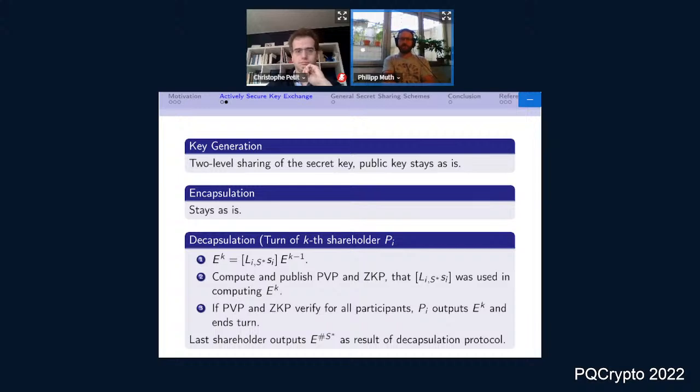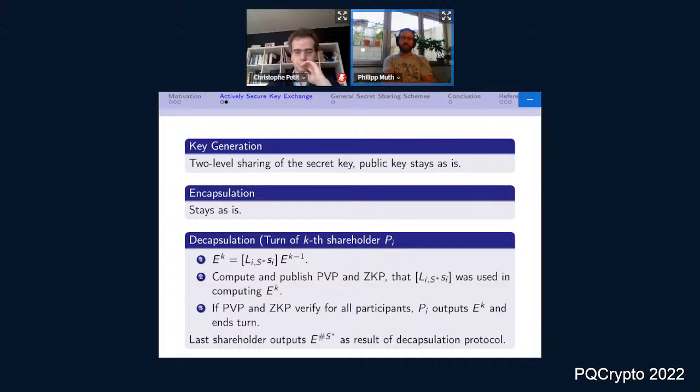He furthermore proves that the sampled pair is connected by his share of the secret key via piecewise verifiable proof. This holds because each other shareholder holds an interpolation of a point of the polynomial with which a PI's share SI of the secret key was shared. By combining the zero knowledge proof and the piecewise verifiable proof, PI thereby shows that EK was computed correctly with his share of the secret key.